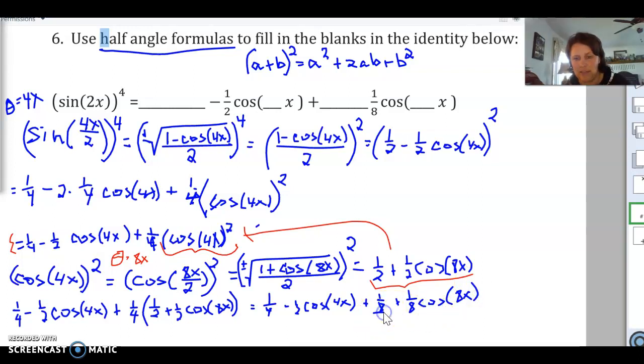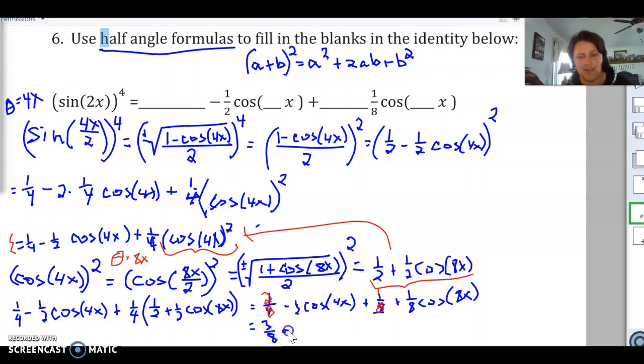Now combining like terms, I have a plus 1/8 and a 1/4. So I'm going to rewrite that 1/4 to be a 2/8. Let's rewrite that. So I've got 2/8 here. I've got 1/8 here. So combining those together, I'm going to have a 3/8. So here we go, final answer. 3/8